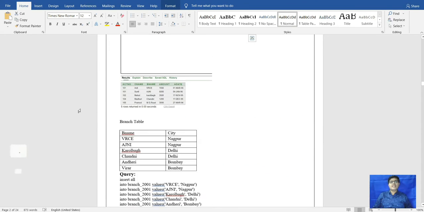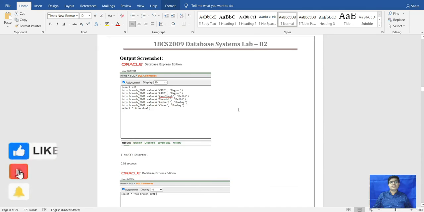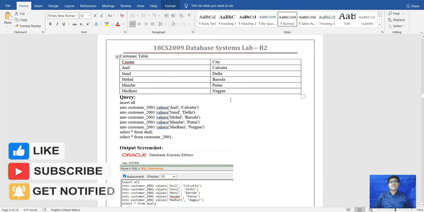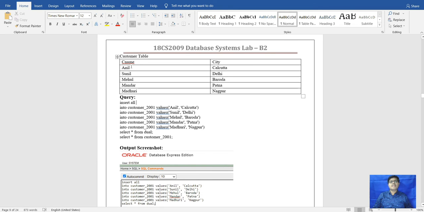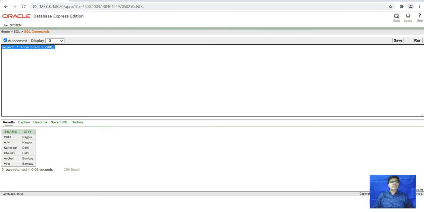For inserting, we have to go next question, that is a customer table. We have to enter the details for that. Now we will go insert all into customer.